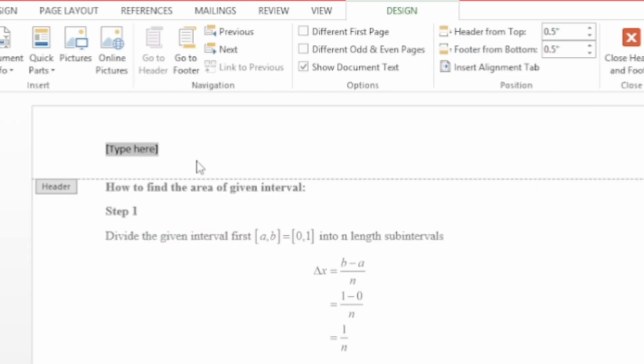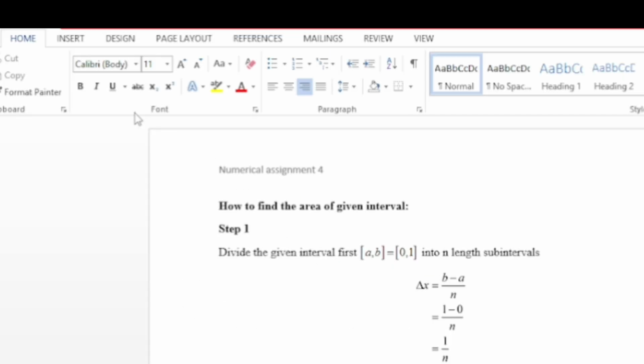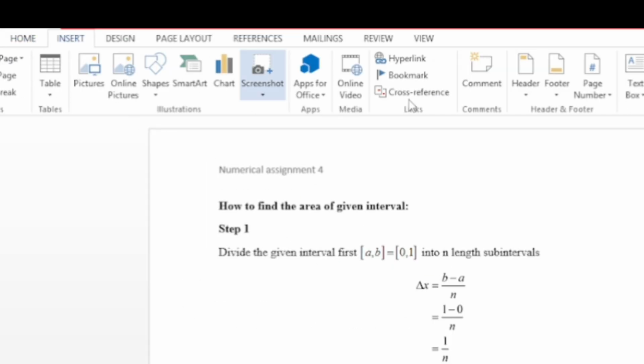Now, type the text you want in the header. For example, I am writing a numerical assignment number 4. Now, if I want to add a footer, I will again go to the Insert tab and add